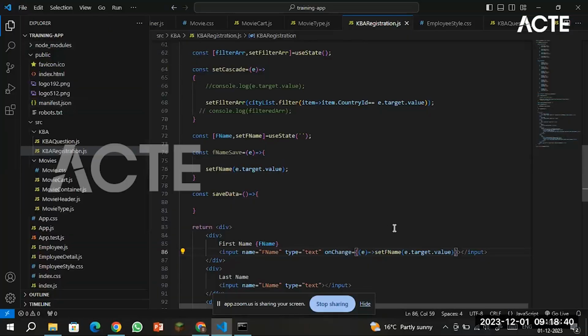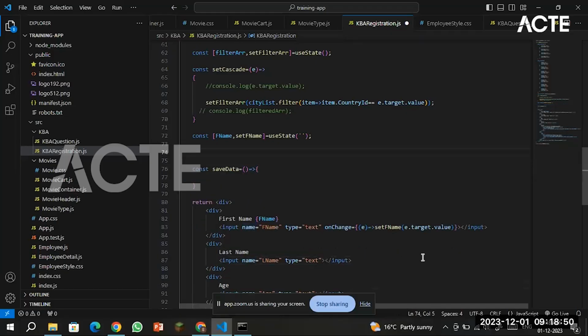Now the same thing I need to do with the last name. So now this function is not used anymore, so I'm going to delete that because I'm using it directly here. So it is up to you how you want to work. You can use it directly here, or you can use the function. Now I'm going to copy this one and paste it in the last name,